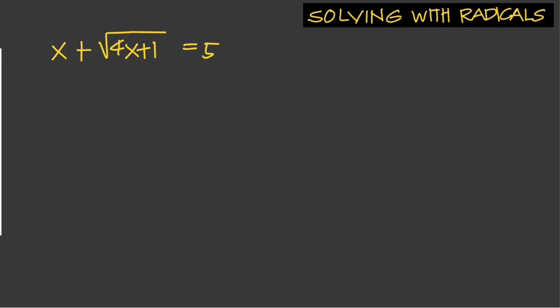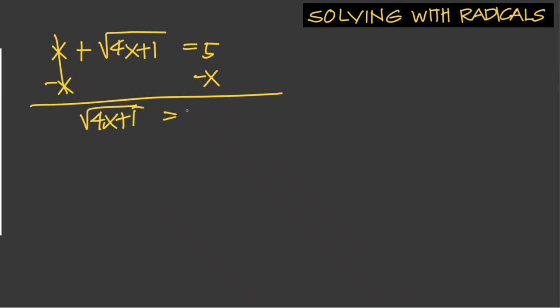So we have to solve this first before we raise the radical to an exponent, or both sides to an exponent. So we can subtract x from both sides. This cancels out, so we are left with square root of 4x plus 1 equals 5 minus x. And now we can square both sides. So this is just 4x plus 1 equals